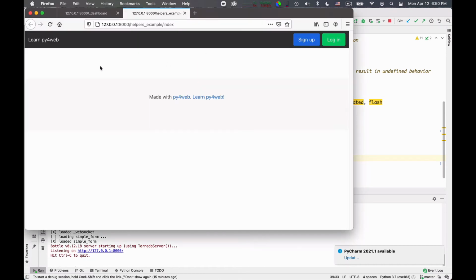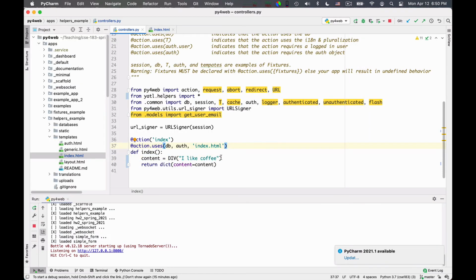Go to the web page, reload, and we shall see "I like coffee." Great, but now let me do the following. I like coffee, and now let me replace this with single quotes, and here I write <script>, then I close the script tag, and inside the two I put alert(); and here I write "you have been hacked."